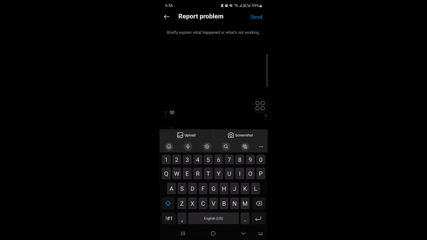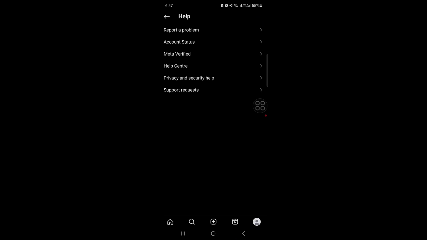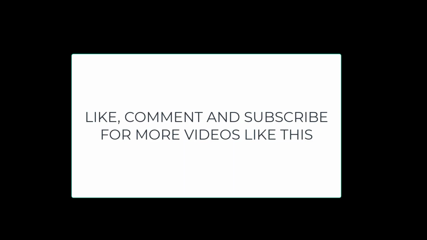And now you have to just type the problem here. Just type auto scroll is not working in my account. Please fix it. I'm in a beta version of Instagram. To my knowledge, auto scroll is not enabled for all the accounts, so you have to request Instagram to enable it in your account. So just give this a try